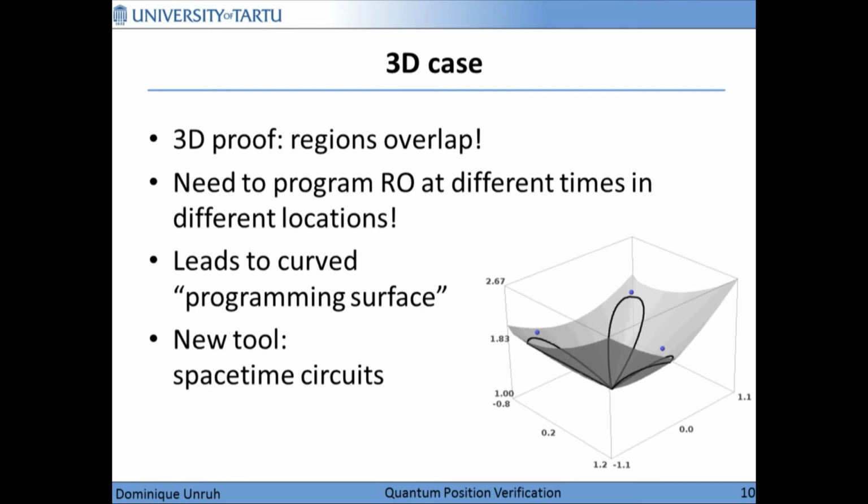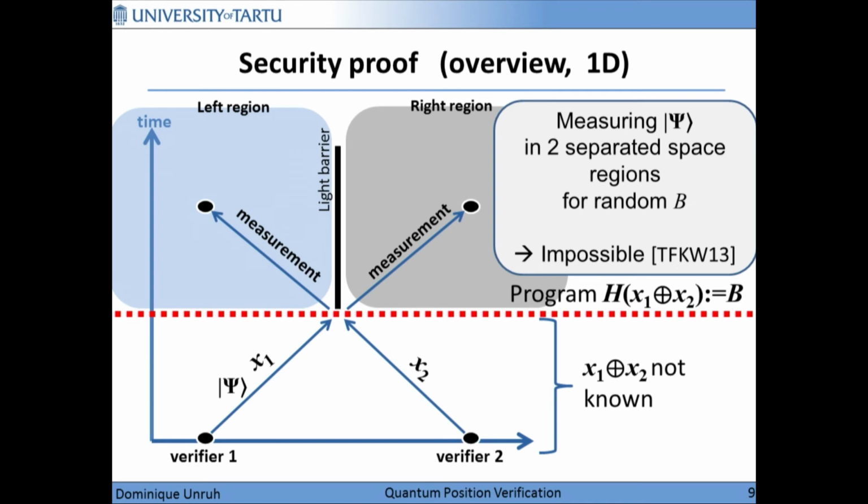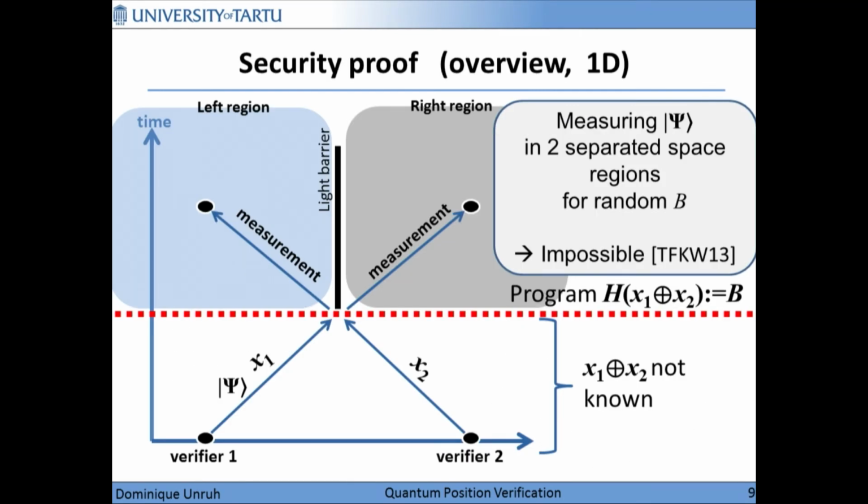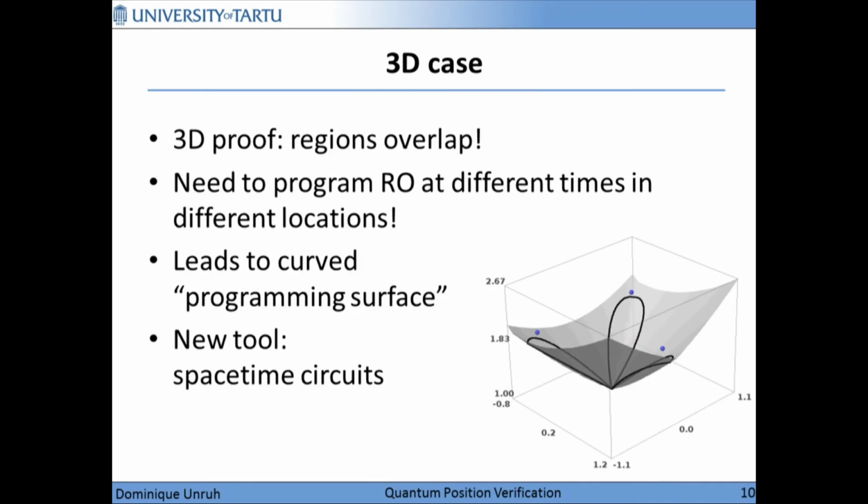However, it concludes it only for the 1D case. I mean, this was very one-dimensional here. And so in the 3D proof, we have a problem. If we try to do the same, we have the region that can reach this verifier and the region of signals that can reach this verifier. Here they are split by the light barrier because they were non-overlapping. In the 3D case, it turns out if we do the same, we have partially overlapping regions, so it doesn't work anymore. And the solution to this is that we need to program the random oracle not at the same